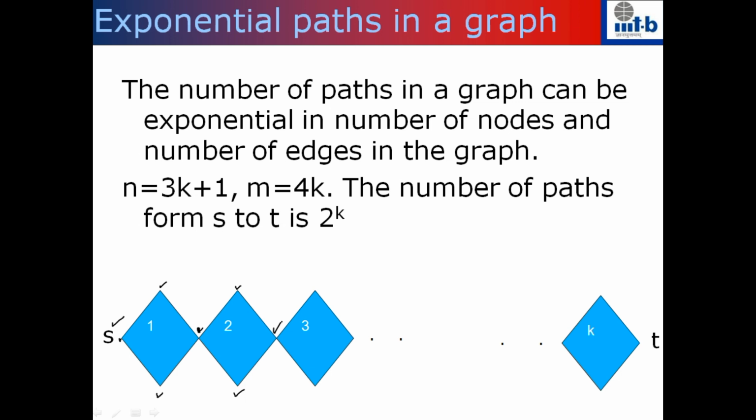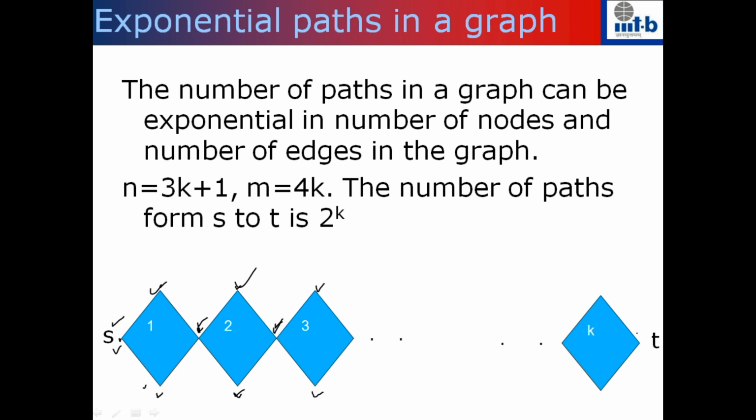So what we do is that for the first block, you will count only the first three vertices and ignore the last one. So we will count this vertex, this vertex, and this vertex. And for the second block, we will count this vertex and this vertex and this vertex. For every block, I am going to consider the first three vertices that you see in the diagram. So when you consider k blocks, you would have counted 3k vertices and the last vertex will be left. So the number of nodes in this graph is 3k plus 1. Number of edges is